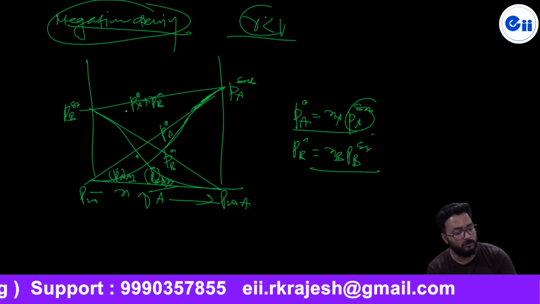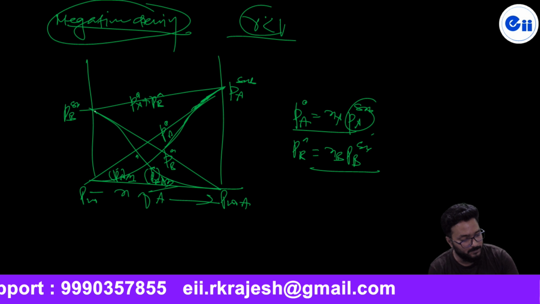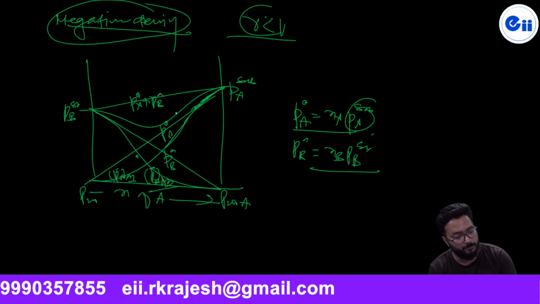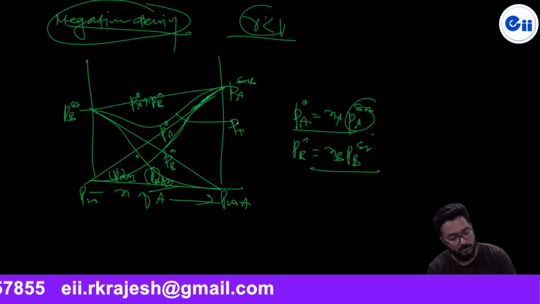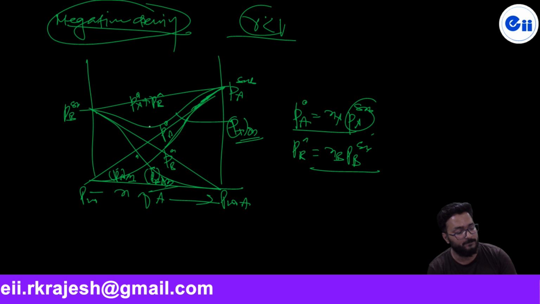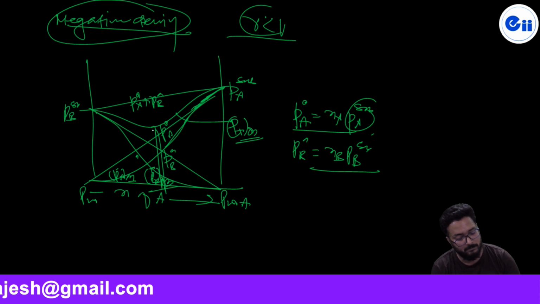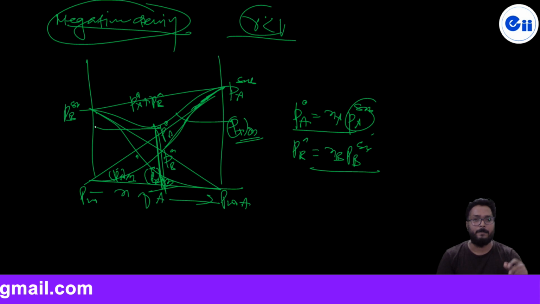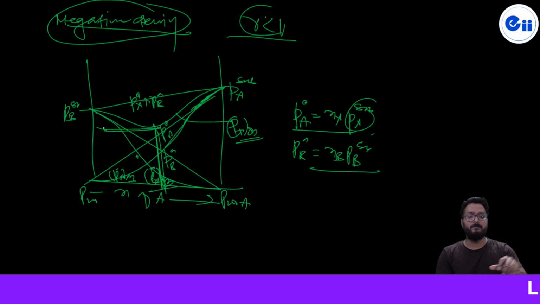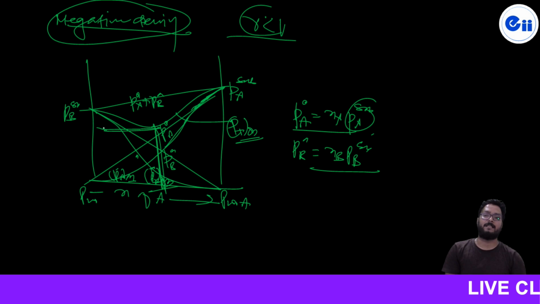And the total is found to be lower than this. At a certain composition, the total observed pressure is found to be lower. At that certain composition, the total vapor pressure is found to be minimum. Since at this point the total vapor pressure is minimum, then obviously the boiling point is found to be what? Maximum at this composition.